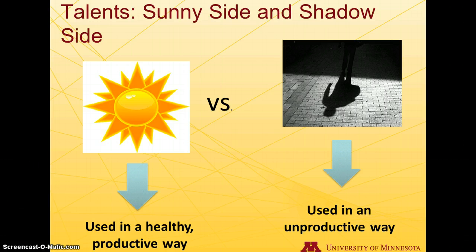As a final example, someone with the talent theme of deliberative might be great at thoroughly thinking through an issue before deciding on an action, so that they are always well prepared. But the shadow side would be when the person takes so long to decide that they procrastinate and a decision is never made. Once you are aware of how you use your talents, you can find ways to minimize unproductive uses, the shadow side, and emphasize and focus on the productive uses, the sunny side.